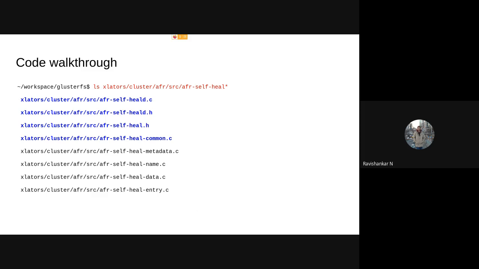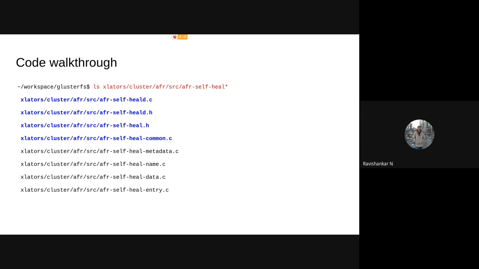The ones in blue are the ones that we will cover today: self-heald.c, self-heald.h and afr-self-heal-common.c. self-heald.c contains the code used for all the crawling logic, the header files contain the various data structures and function prototypes, and afr-self-heal-common.c contains some common logic used for healing of files. The ones below in black, afr-self-heal-metadata.c, afr-self-heal-name.c, afr-self-heal-data.c and afr-self-heal-entry.c, contain the logic for the respective types of healing.